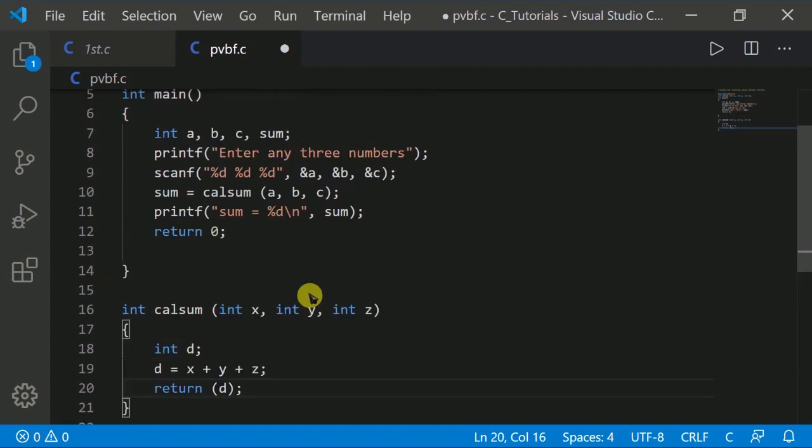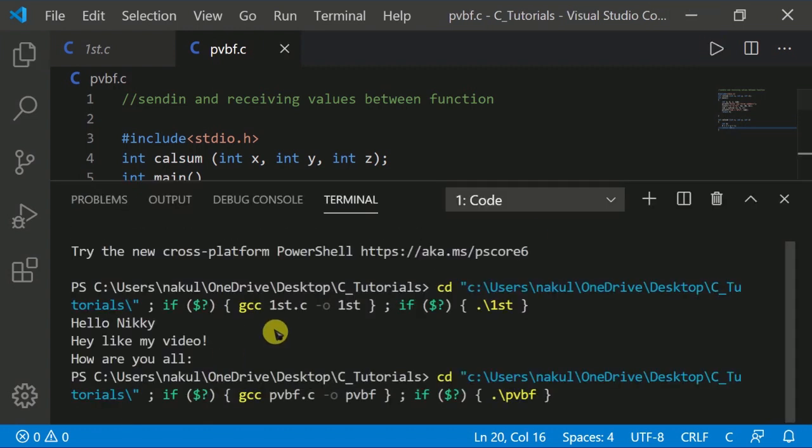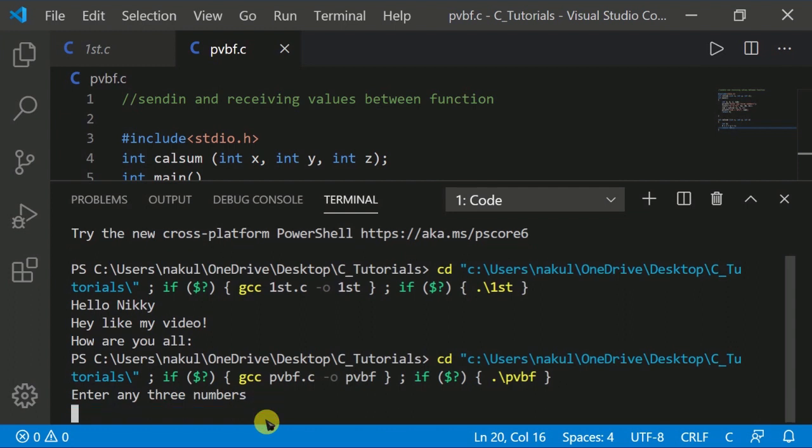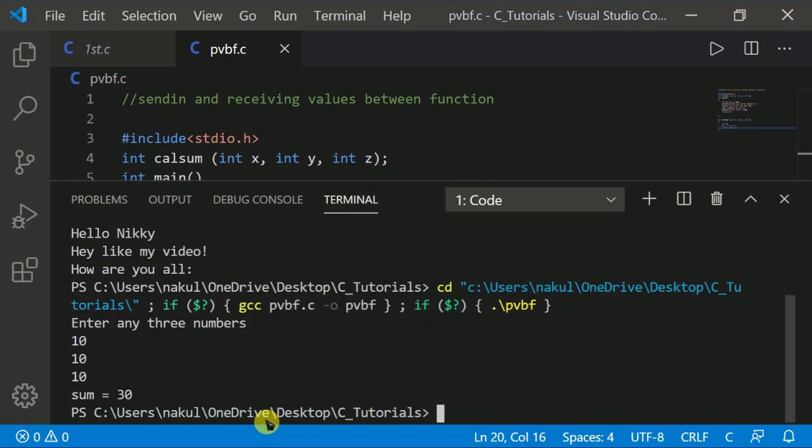And now let's see its output. That's my previous output, so wait please. It will ask to enter three numbers. I will enter 10, 10 and 10. Now the sum is equal to 30.